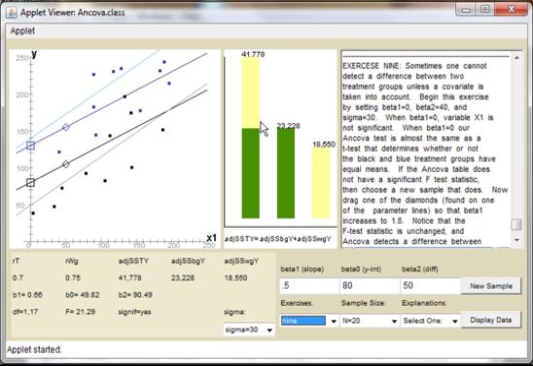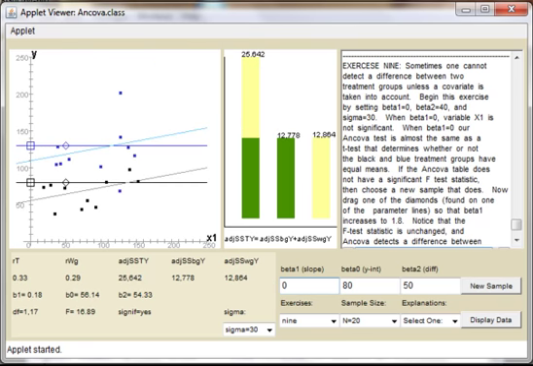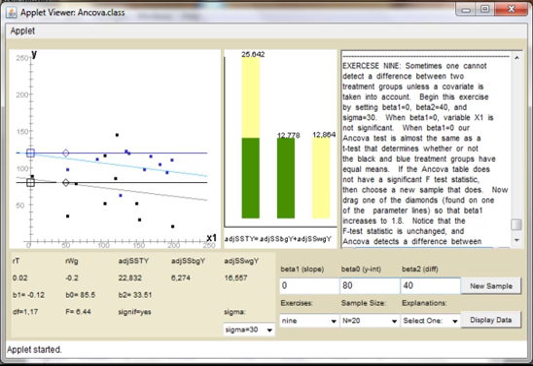So let's look at that data set. We'll find one by setting the slope beta 1 equal to 0. All right, so now you see the blue and the black lines are both horizontal. And let me set beta 2 equal to 40. Okay, so